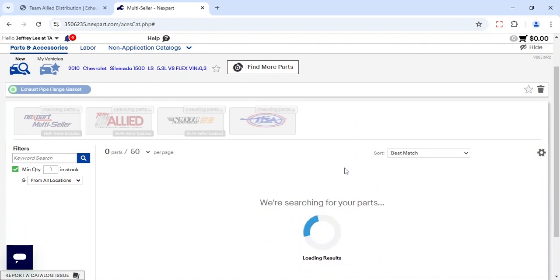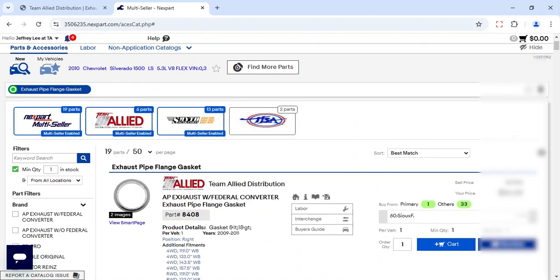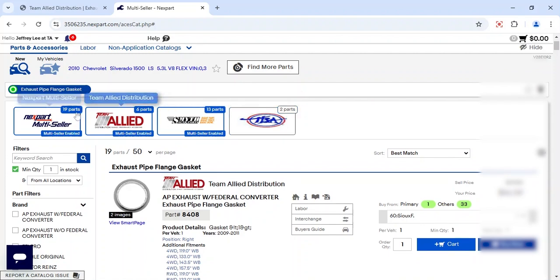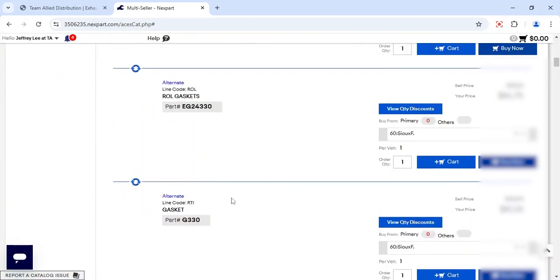Allow it to search all three inventories. And here you'll find, yes, so there's 6 parts from Team Allied, 13 parts for one of the other suppliers, 2 parts for the third supplier. Now, again, if I'm looking at the multi-seller part that includes them all,